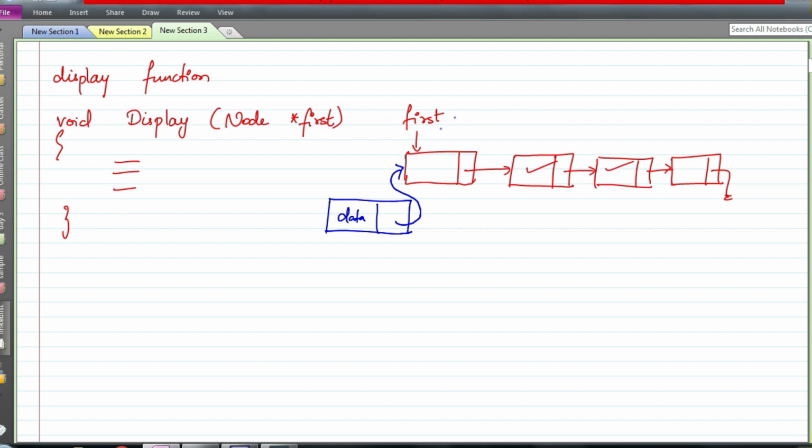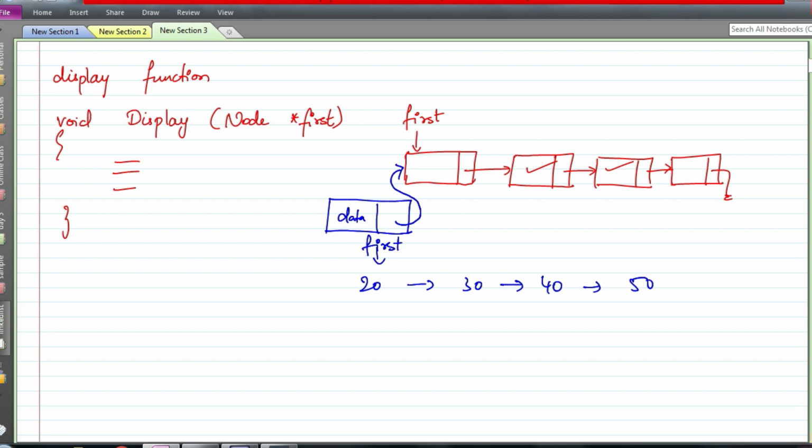That address we copy to the next pointer of this node, because after inserting this element, this blue one I have written is going to be your first node. Now whatever is your present first node will become the second element. Say right now you have 20, 30, 40, 50. These are the elements you have right now. First is a pointer that contains the address of this element 20.